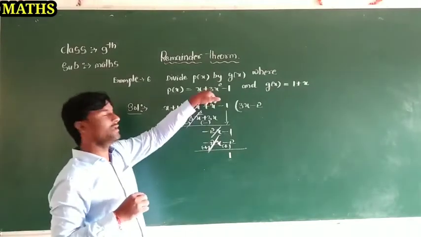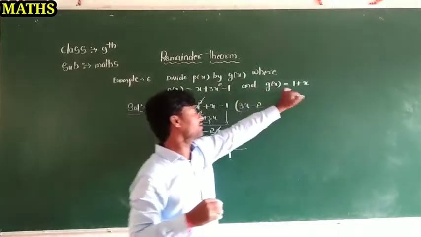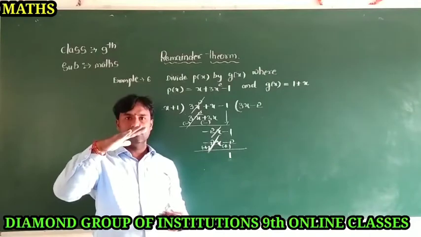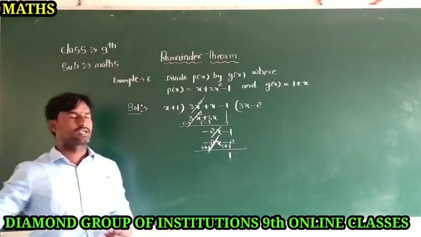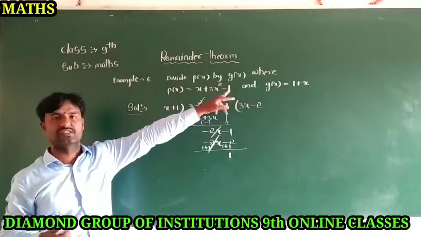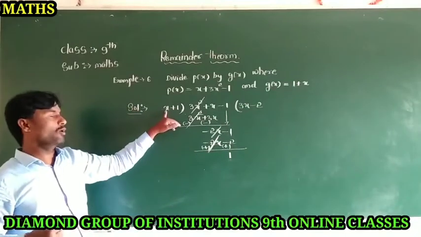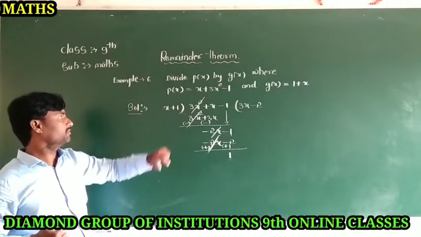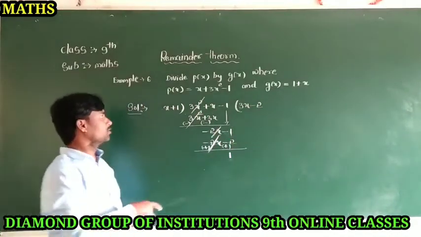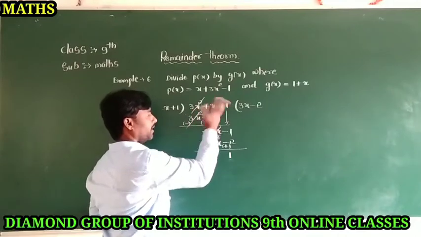The first polynomial is x plus 3x square minus 1, and g of x is 1 plus x, dear students. First of all, you should write the polynomials in descending order, dear students. That is, 1 plus x has the constant number first and the variable second. First you should take the variable. I wrote here x, and the constant number afterwards. Similarly, you should write this polynomial also in descending order, so that is 3x square plus x minus 1, variable then constant.